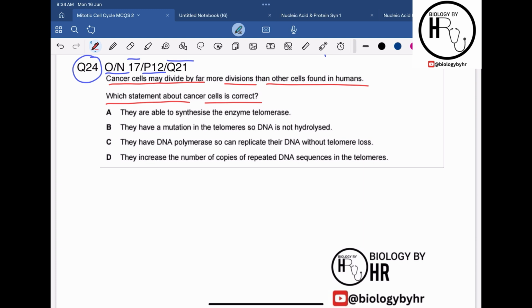So basically हमने cancer cells के बारे में अभी in the previous some questions ये चीज़ स्टडी की है that they are able to synthesize the enzyme telomerase, and the enzyme telomerase is activated in the cancer cells, right? So if the enzyme telomerase is activated, which means that the cell is going to divide multiple times and the cell division will not stop and it will form a tumor, right? अगर हमारे पास telomerase नहीं होता, so the cell division would have stopped after some time. But in the cancer cells